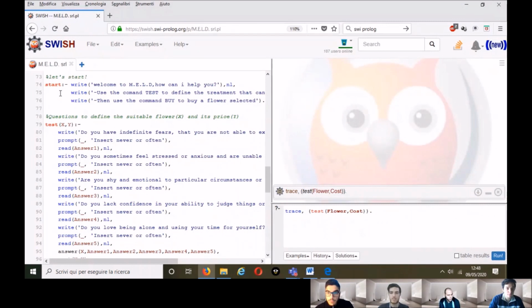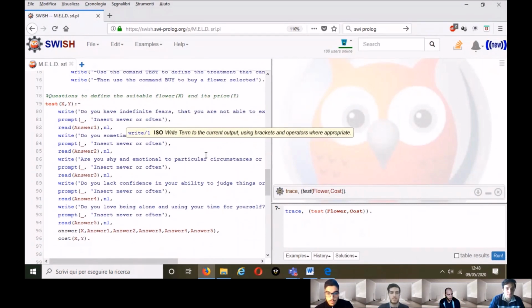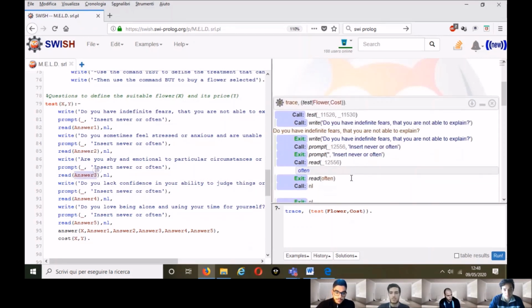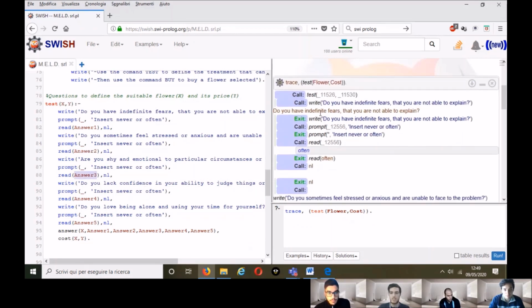Then we have the rule test, where X represents the flower and Y the cost of the flower. With the keywords write and prompt, we create an interaction with the customer and we record the answer in variables through the keyword read. Then, for the first step, the inference engine tries to unify the rule test with one